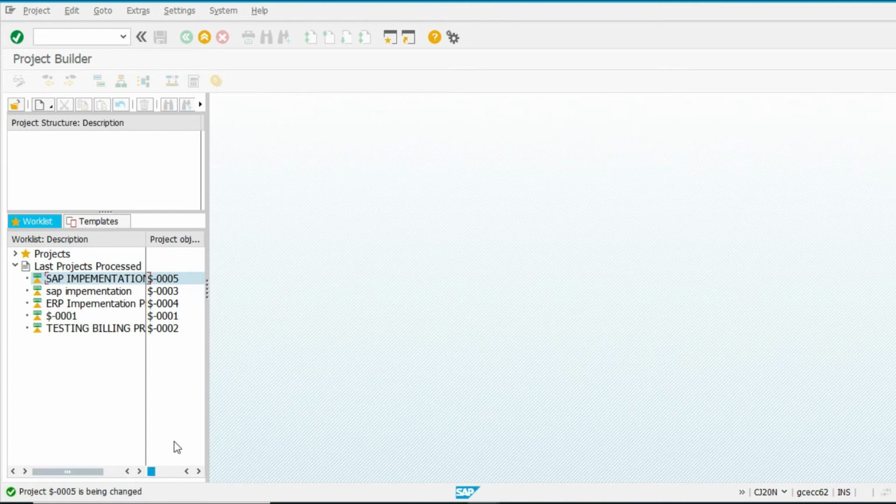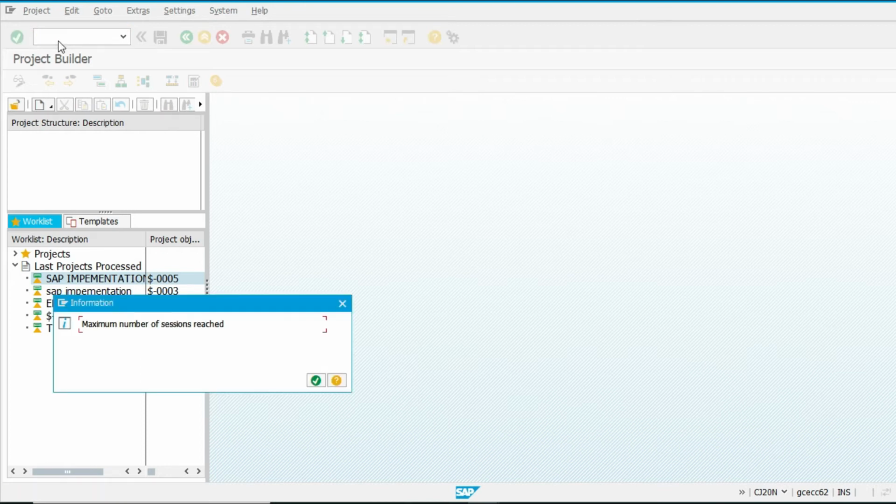Changes have been made. Now we are going to input one actual entry.